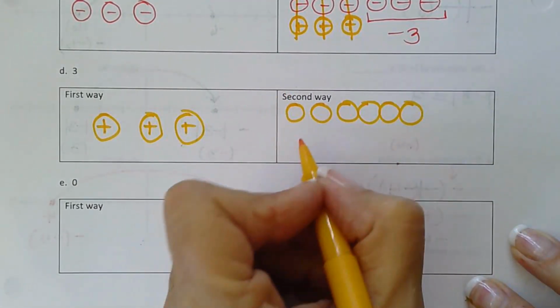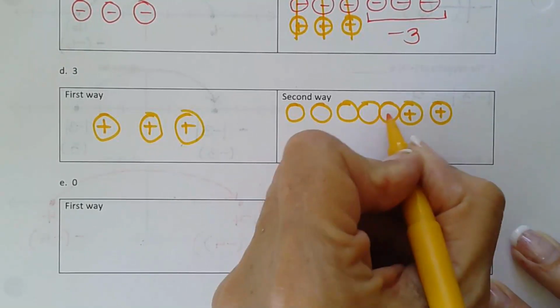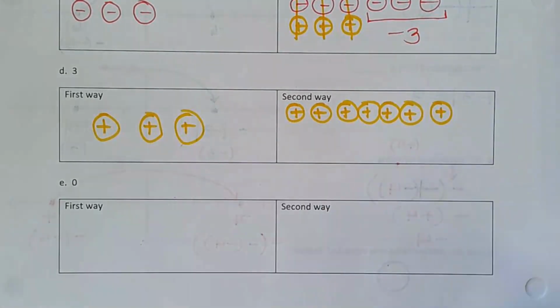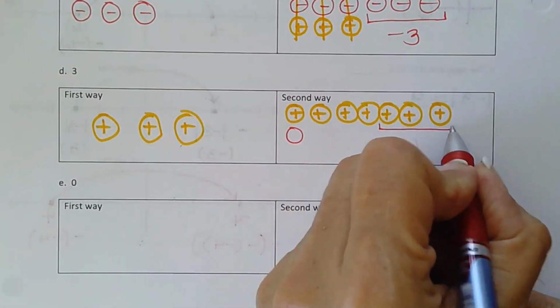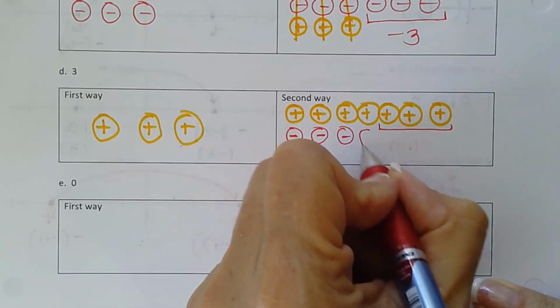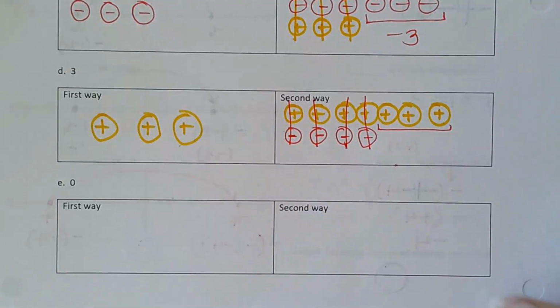Let's kick up our heels a little bit. 3, 4, 5, 6, 7. So 7 positives. And I need only 3 of those positives left at the end. So that means when I go to put my negatives in, I can only have these 3 left. So it'd be negative, negative, negative, negative, because I need these 4 to cancel,